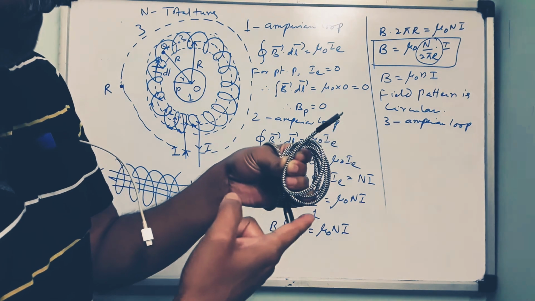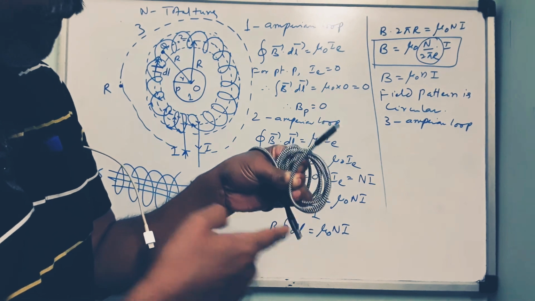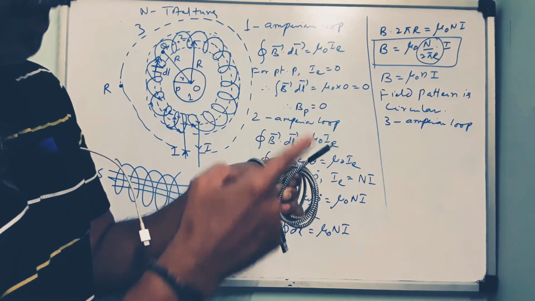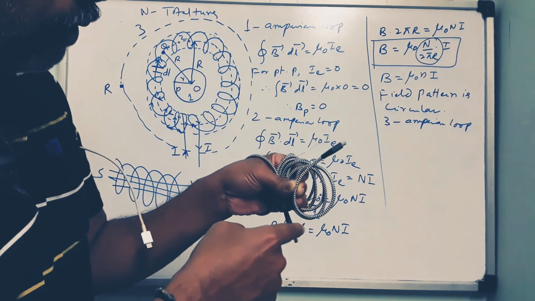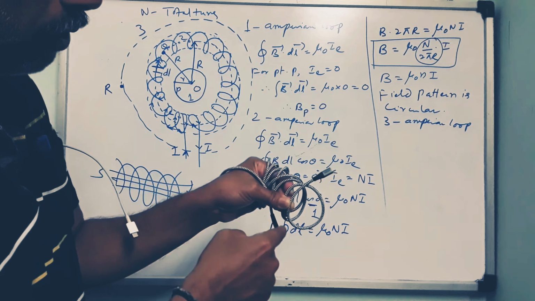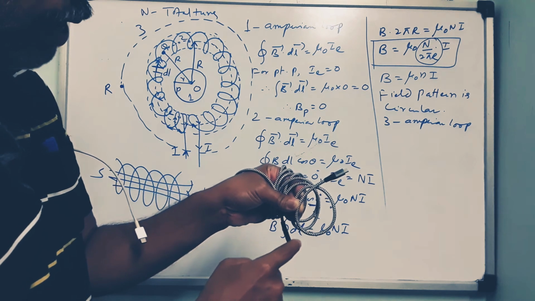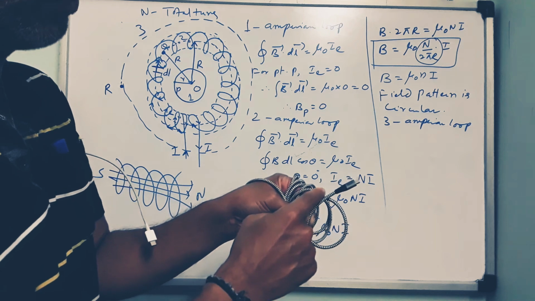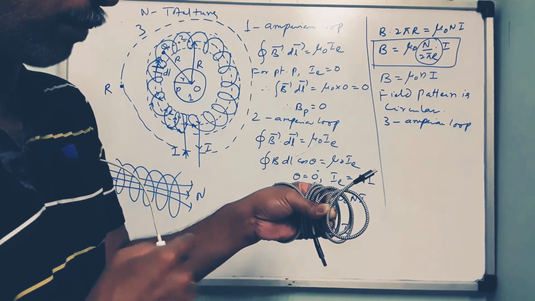I repeat, at the bottom of all these circular coils of the toroid, the current is going in the upward direction as per our direction of current. So current is going in the upward direction. So when the same current comes over here, it will go downwards. So it is like this and it is like this. So at the bottom, current is going upwards. At the top, current is going downwards. This is the same with all the turns which are placed.